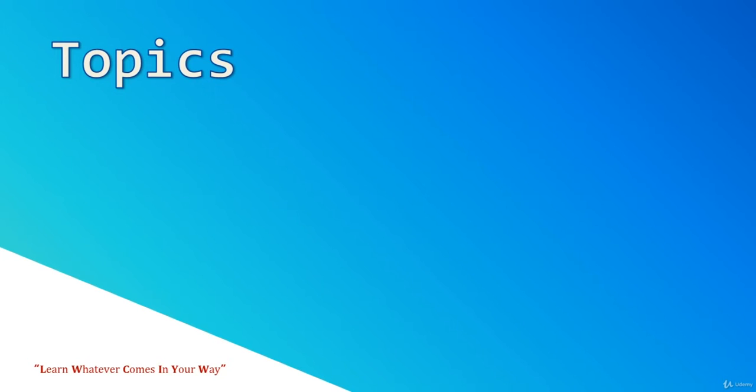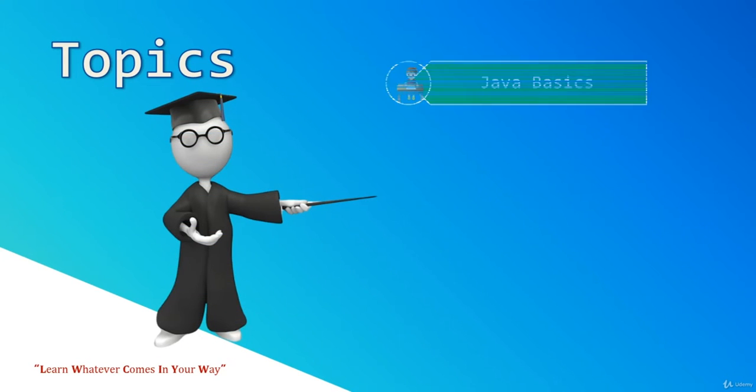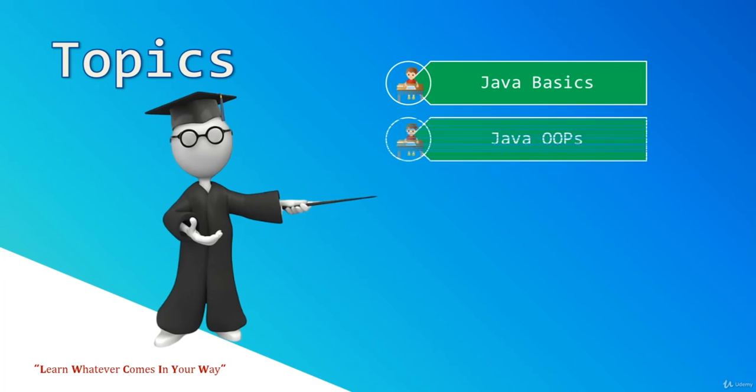So the next one. What are the topics I'm going to cover here? We are going to cover each and everything from core Java. The first one is Java basics. Correct. If you're not familiar with the Java basics, I cannot move to the next topic or next section. And if you're learning Java, one thing you must know is the object-oriented programming concept. We call them Java OOPS,